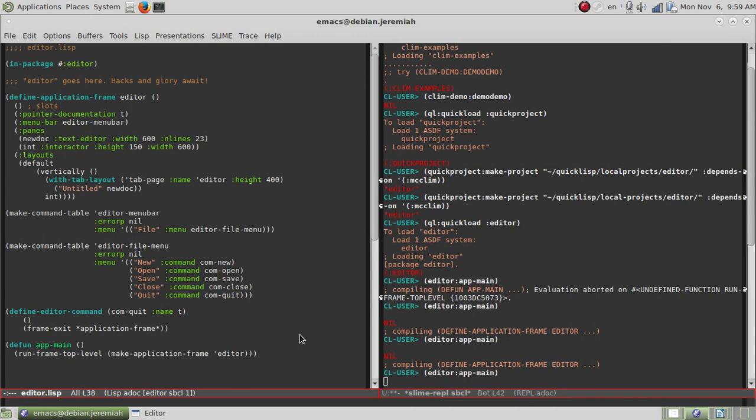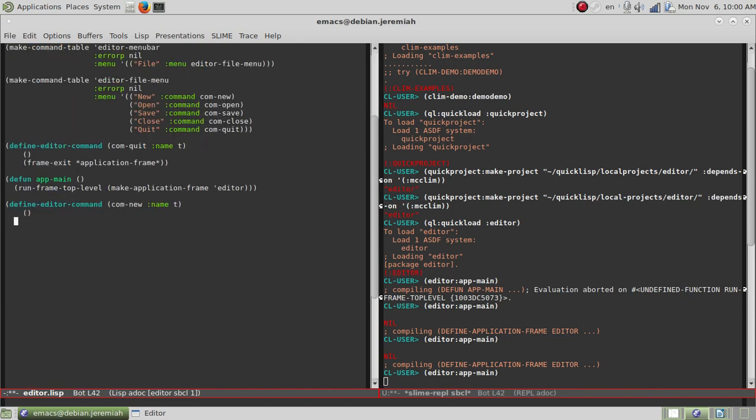So let's put together a save command and an open command. And maybe a new command. Let's put together new so we can put on a new tab and then we'll add save in and some other things. Alright, get that indented correctly there. So for